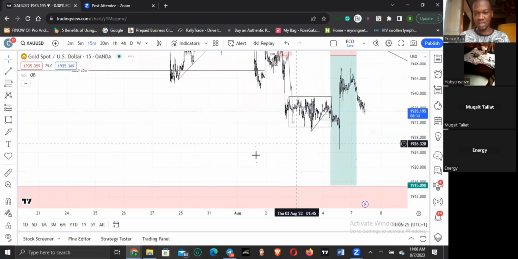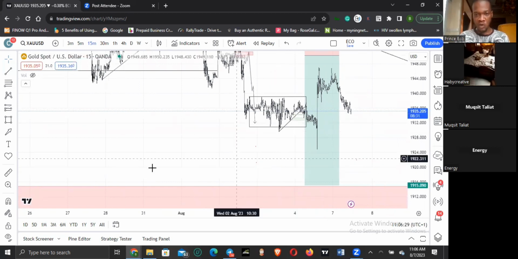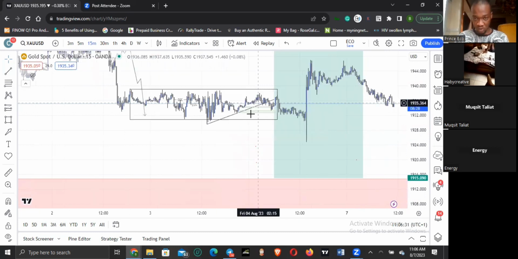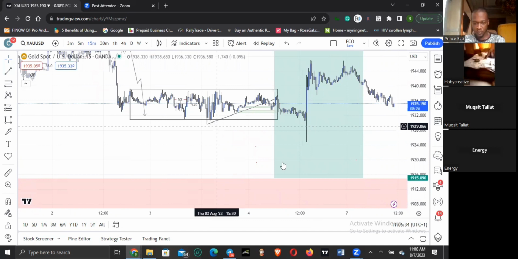And at this point, I posted the buy. We're still in this schematic box. So I posted the buy at this area, these zones, when it was a quick scalp because I expected the market to